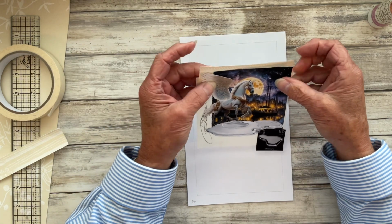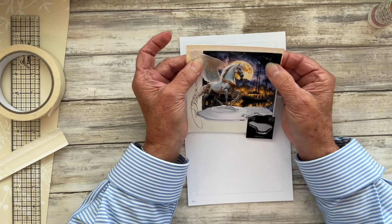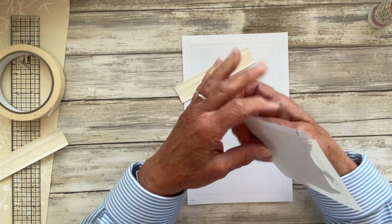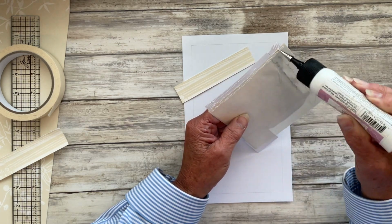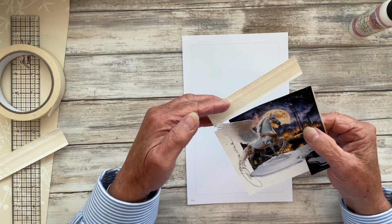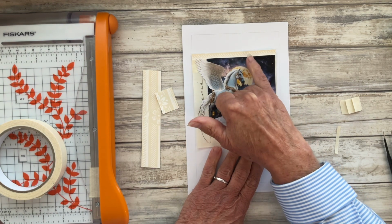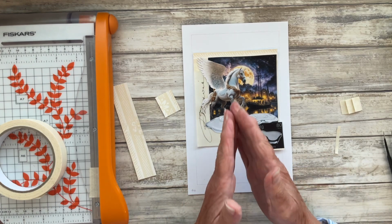This bit should just slip in behind like that. Yeah, I'm going to go with that. So I'm going to put a bit of glue all along the back here. Position this in place. The piece of patterned wallpaper is glued at the back there, and I wasn't quite sure how to finish it